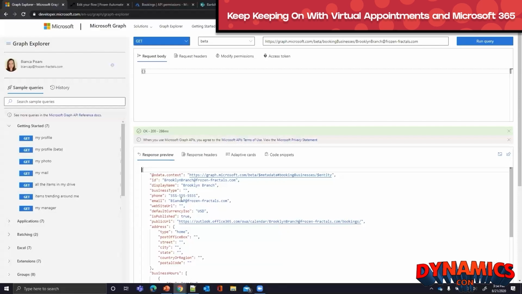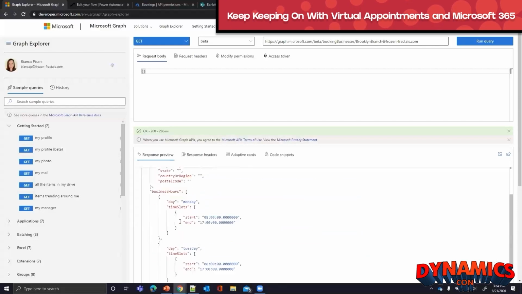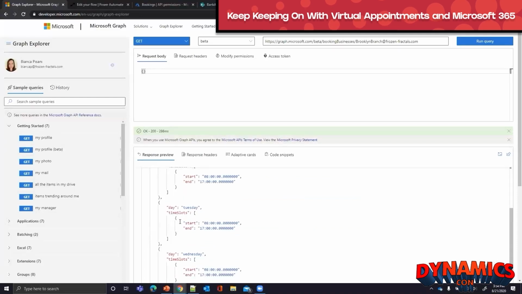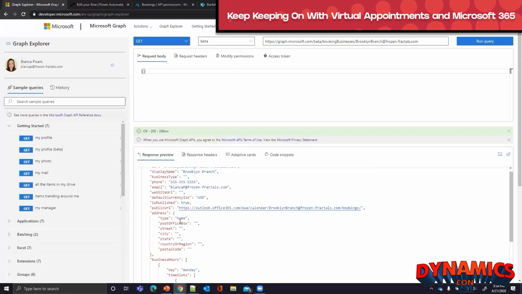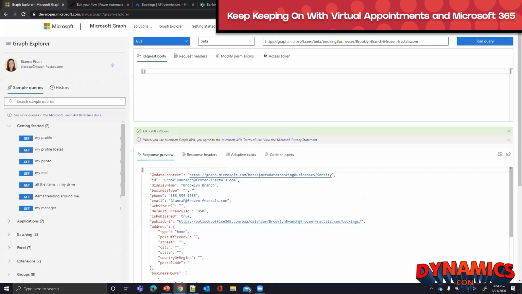What's the display name, the phone number, the email, what currency, the address, the business hours, all of the things that Melissa had shown earlier that would show up inside of the UX and UI. We're seeing those kind of echoed back to us through this graph tool. So we're able to see what's going on behind the scenes within the graph. I'll give you another example.